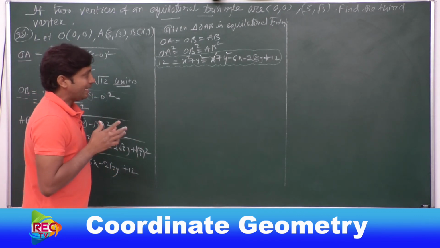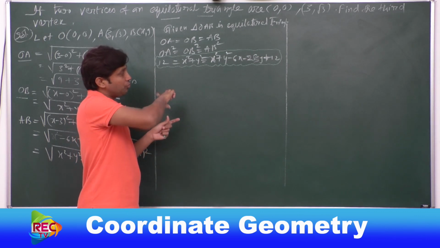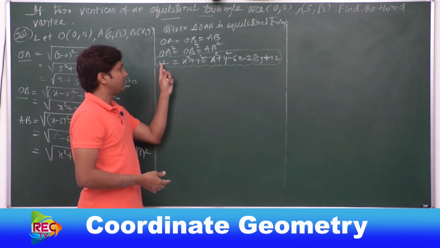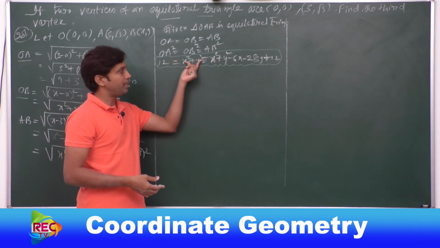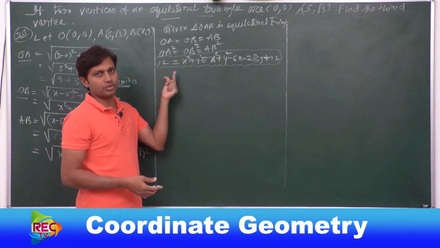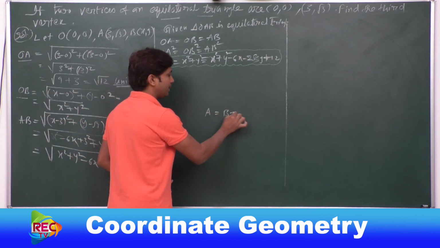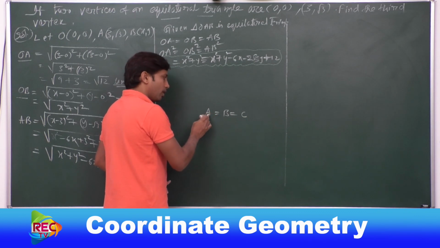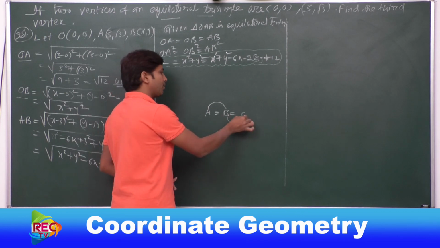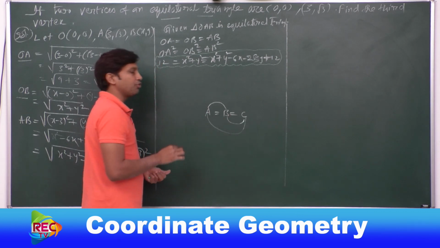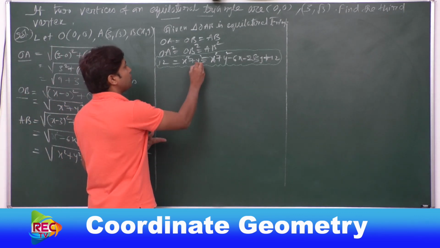So now when three expressions are equal, then we can make any two of them equal. So when three are equal, this is some A, this is some B, this is C. When A equal to B equal to C, then any two of them can be equal. Got my point or not? If A equal to B equal to C, then anyway three are equal. So either A equal to B or B equal to C or A equal to C, any two of them can be equal. Let us choose the equality. Take these two equal first.